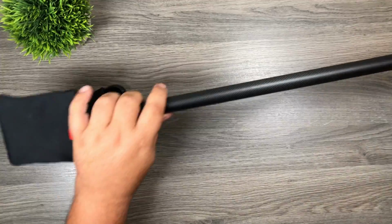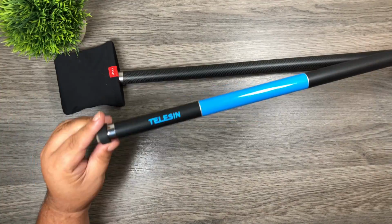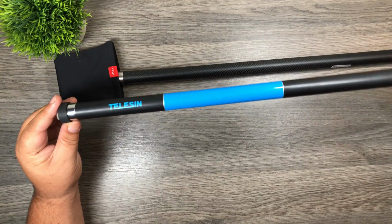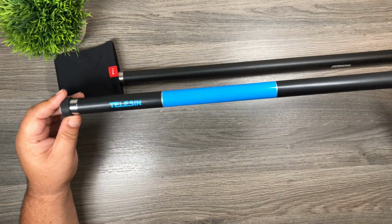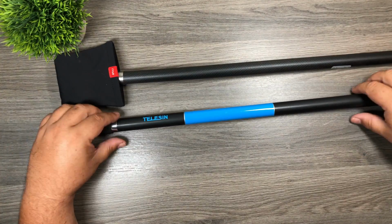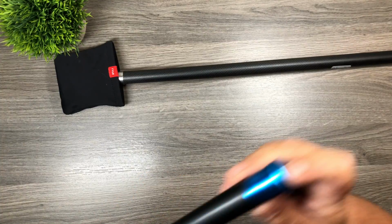And that allows you to set this up and get some really interesting shots from up above. Now I just want to show you here too. Here is another one by Selfie. It pretty well is the exact same thing. It's only 106 inches, so it's about a foot shorter than the Insta360 one. But it works just as well, and again it has a tripod thread at the bottom, and